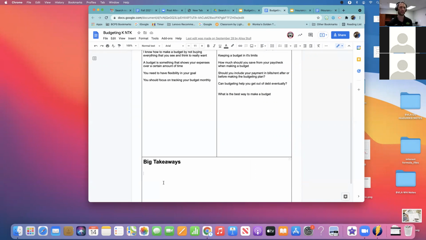And if you want to add anything to the top, does it, Dalton, does it let you edit it? It does. Okay, good. If you guys want to add anything to the top for next year to circle back to, feel free to do that. But take a minute and tell me your big takeaways, and hopefully everybody else will go back here and do this too when they watch this recording.